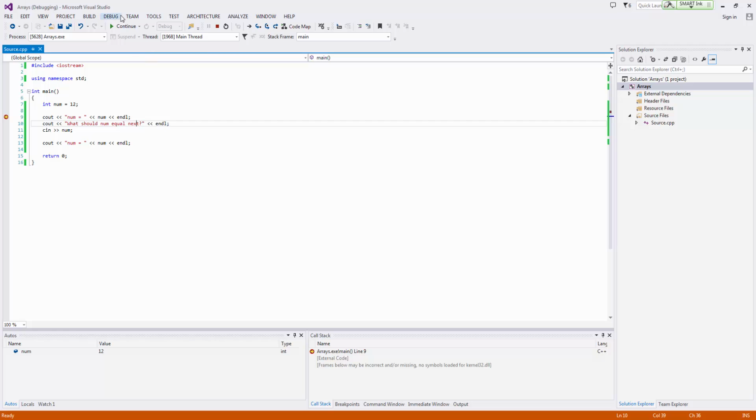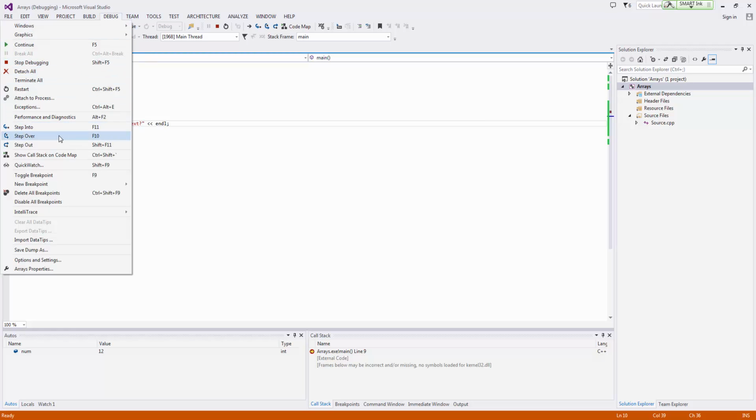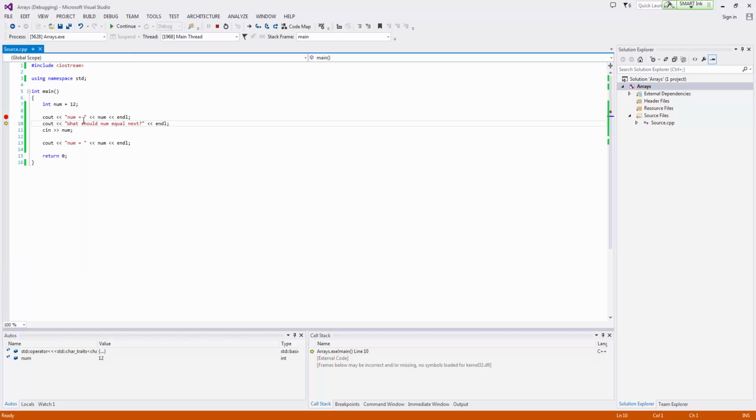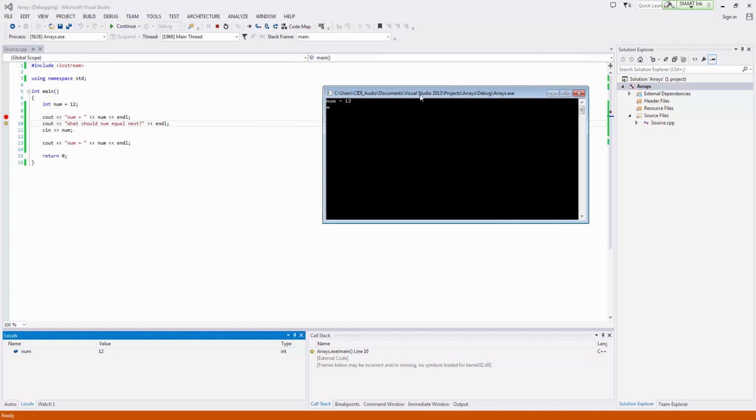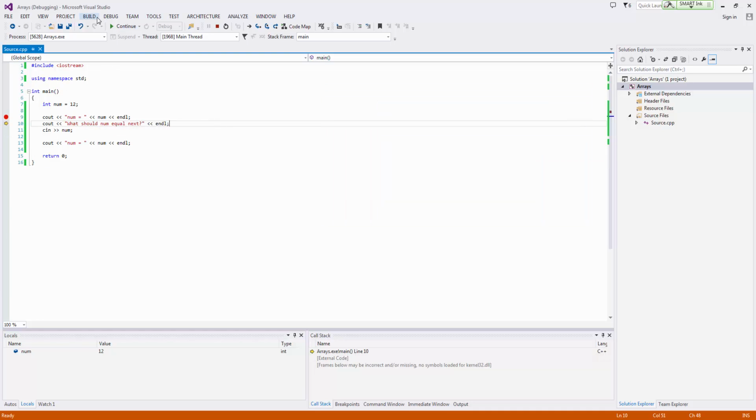And so to move forward, we can actually press F10, or we can come up here and press step over, and I'm going to go ahead and do that. This auto window shows something gross there. We don't care about that, so let's switch over to locals. And so this shows that num equals 12. We just barely stepped past that instruction, which you can see by this little yellow arrow. And so if we press F10 again,